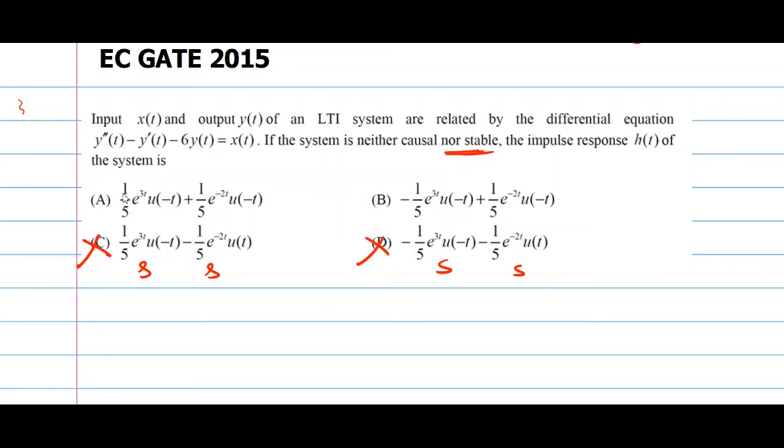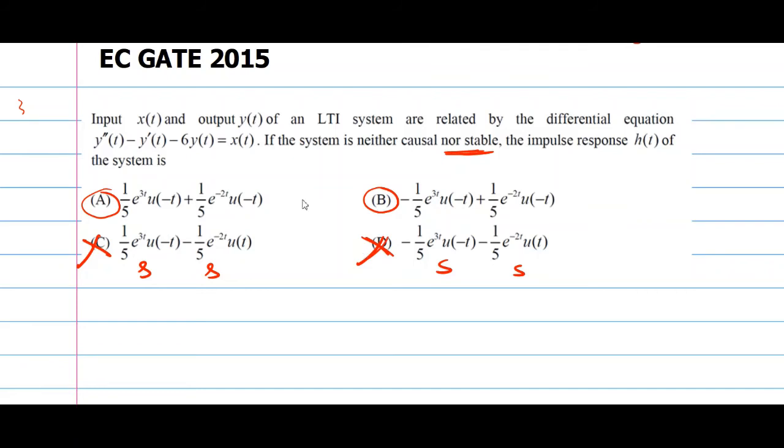Now option A, plus minus, that means stable, but here minus plus unstable, so overall it will be unstable, so this option we have to consider. Then plus minus stable, minus minus unstable, same sign means unstable, so this option again we have to consider. So directly by looking at the question, 50% of the question is solved. You have eliminated two of the options.